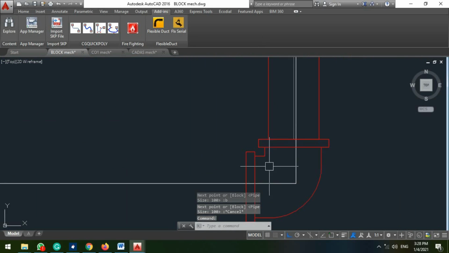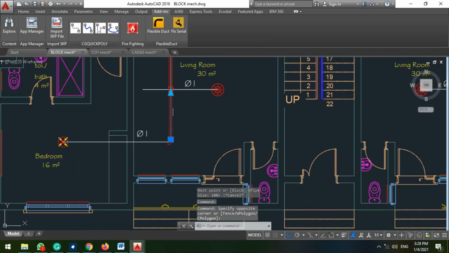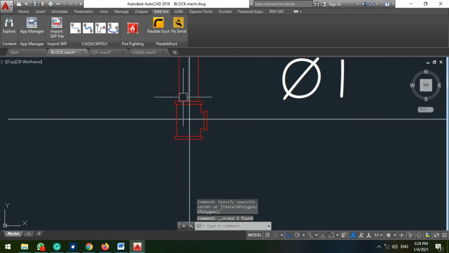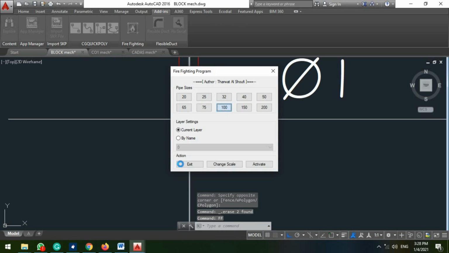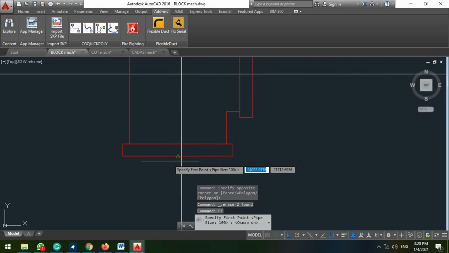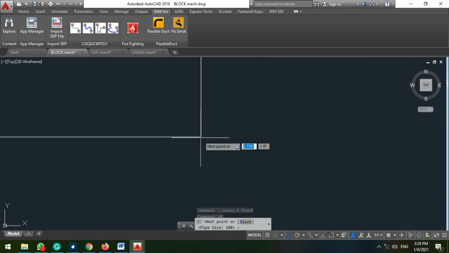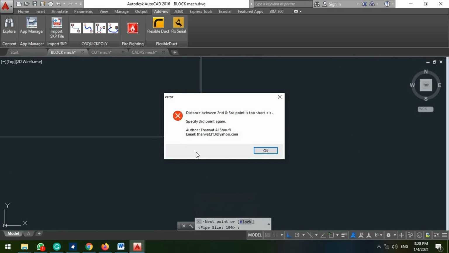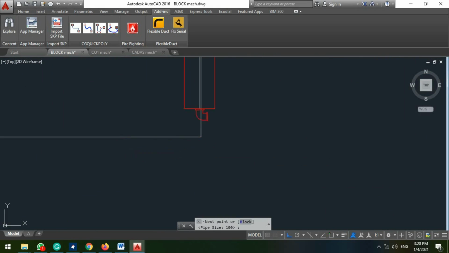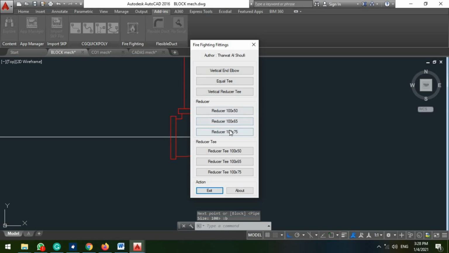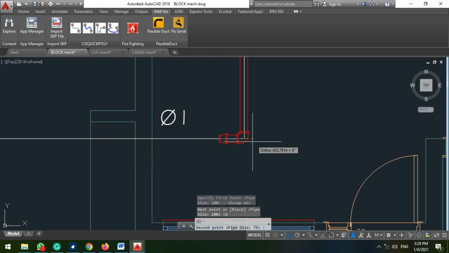So that's one of the major things I like about using this software, because at this junction here is 100, so we can even use this FF. So we continue with our 100 instead of using a reducer. We continue with our 100, okay, and we have a bend here, too short, so our 100 continues, and from here we can just reduce it, B bend, reduce 100 to 75,